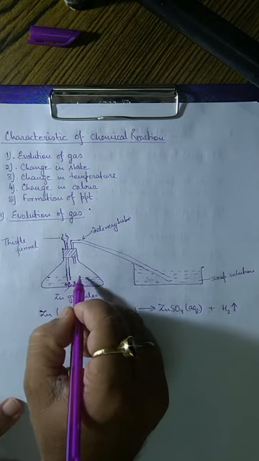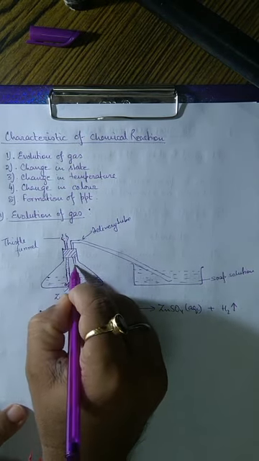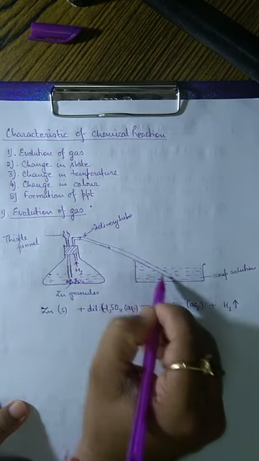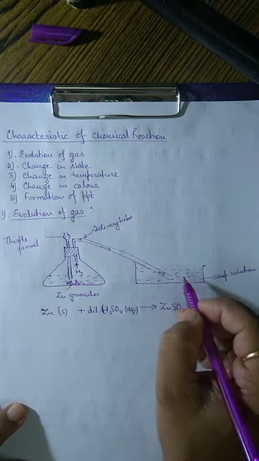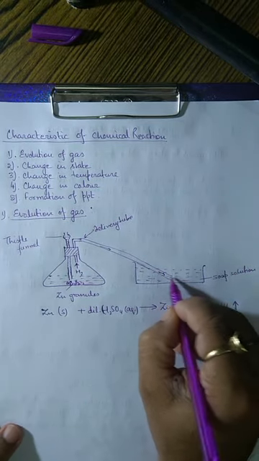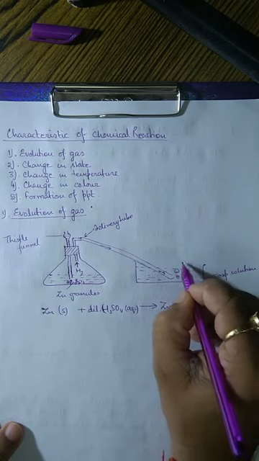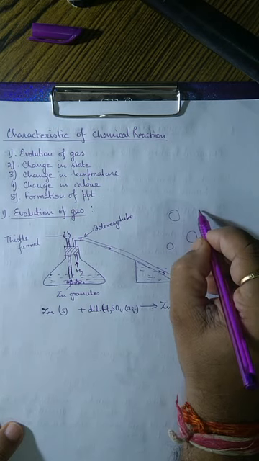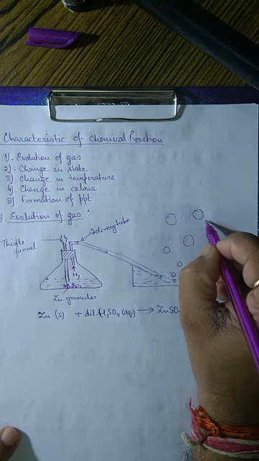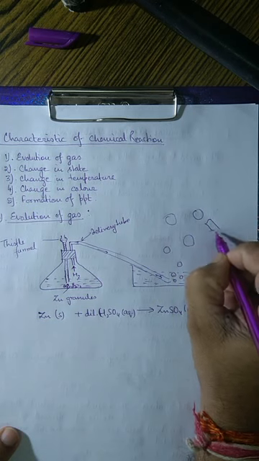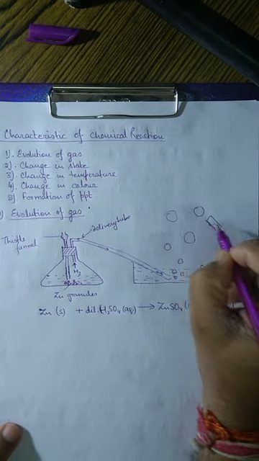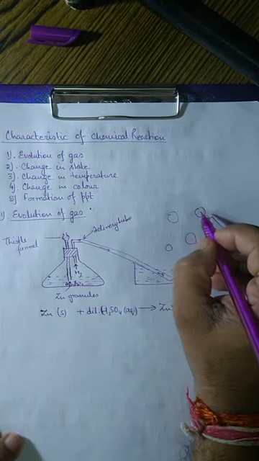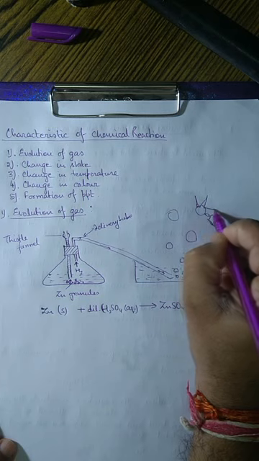This hydrogen gas formed here passes through this delivery tube and moves to the soap solution. Here the gas forms small bubbles which come out like this, and we take a burning candle near this bubble. You see that it blasts